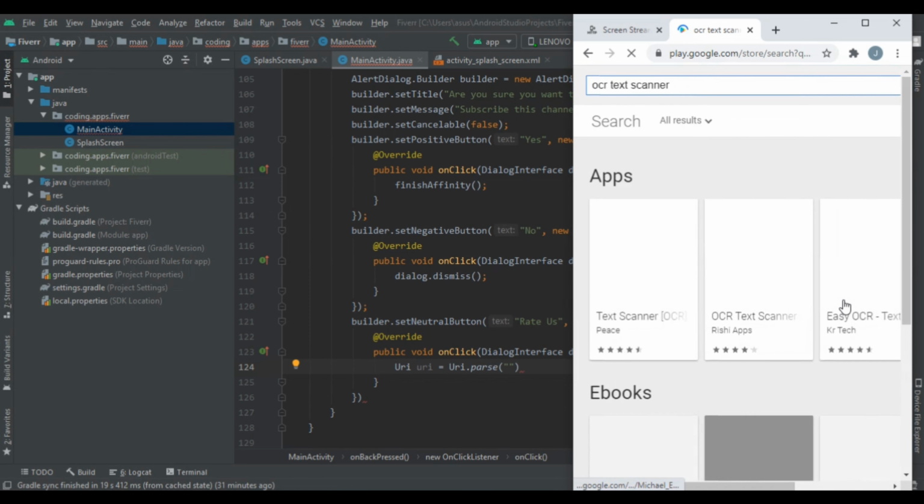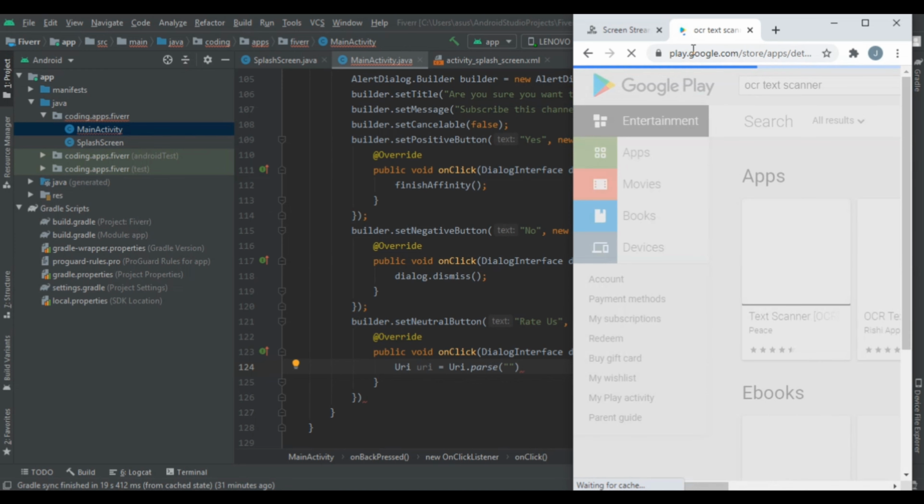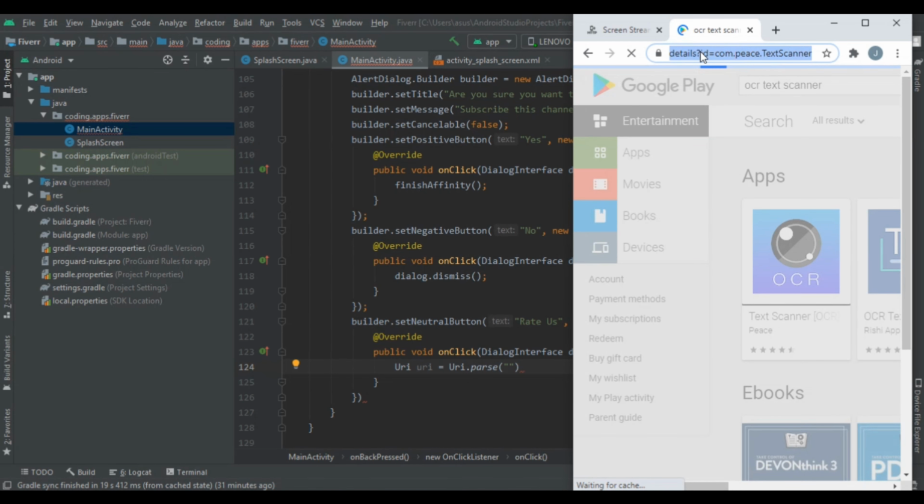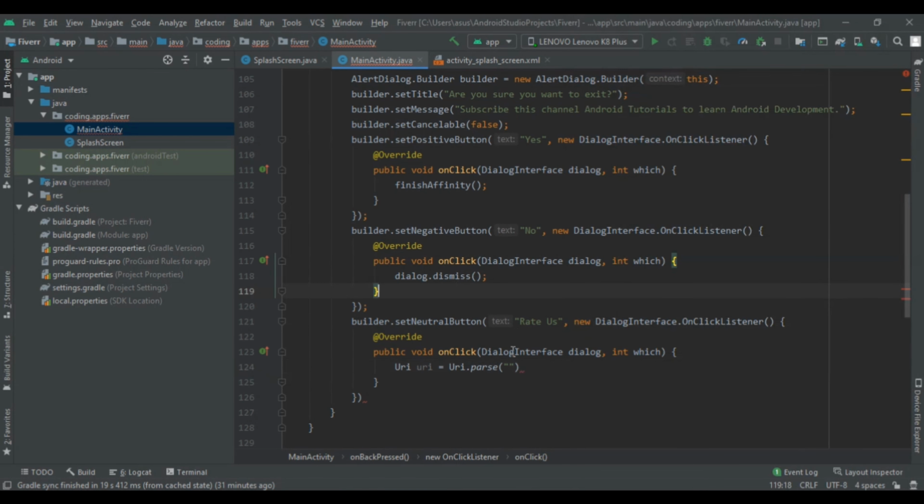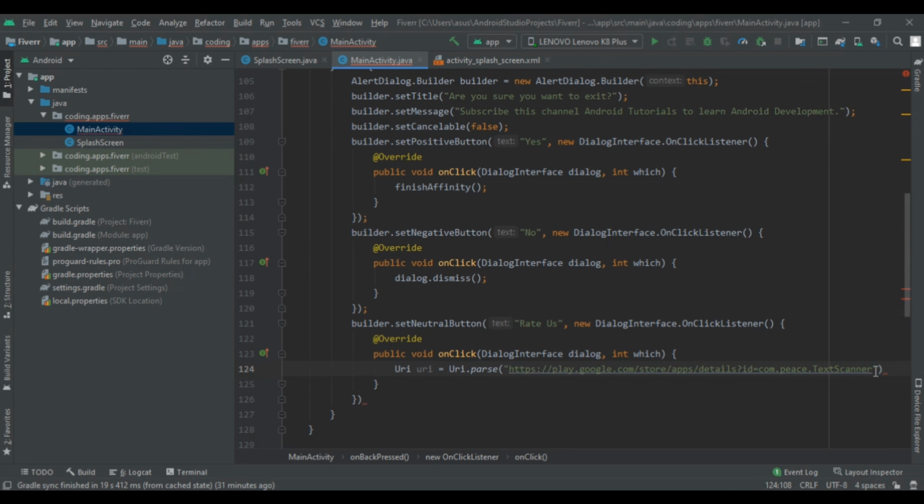So here the application is loaded, and you can see our application URL looks like this. Okay, we are not promoting that application, so we are going to write the following code.